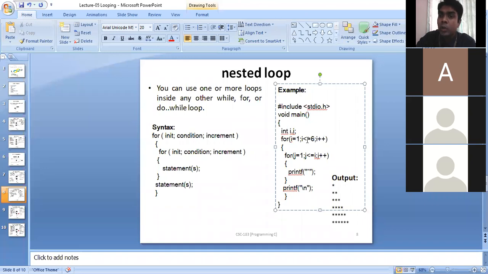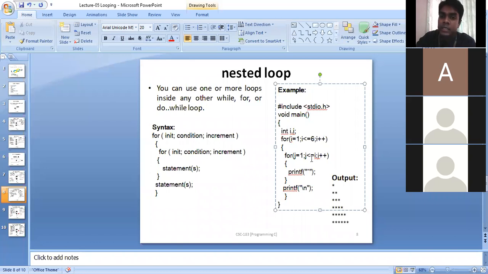If the outer loop condition is true, then it will go inside the loop body and it will find an inner loop. Again, it will check the initial point of the inner for loop. It will check the condition. If the condition is true, then it will go inside the inner for loop body and it will print what we write inside the inner for loop.